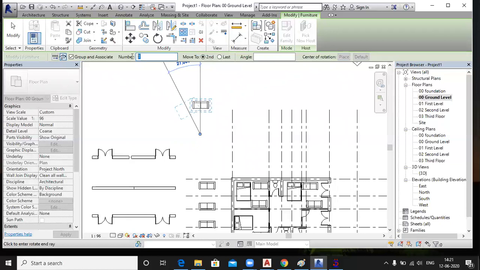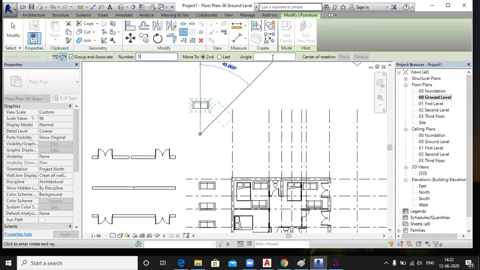Here you specify the number of elements as 5. So which option do you want, second or last? Second. The second means the angle between the 2 points, first and second.